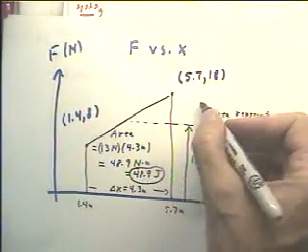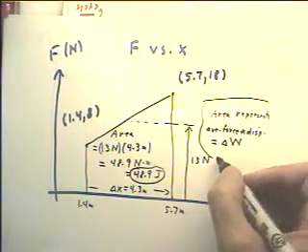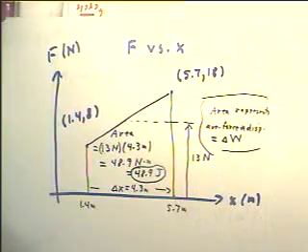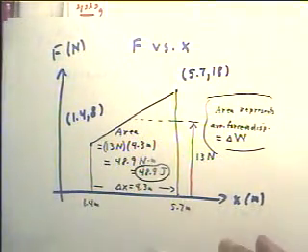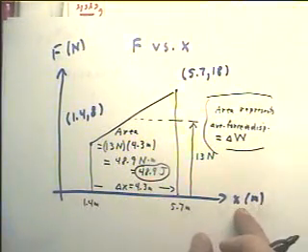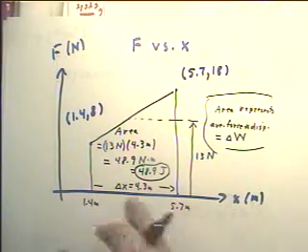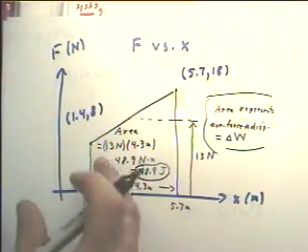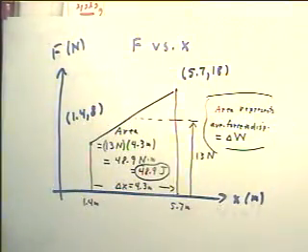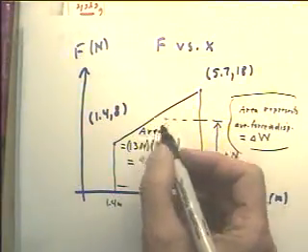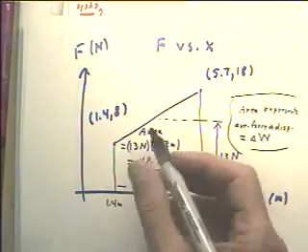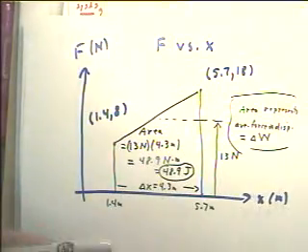Now there's an assumption, as we say here, that the force is in the direction of motion, or that the force is directed along the x-axis at least. So if the force is directed on the x-axis and the points represent force versus position, then this is our best estimate of the amount of work done, again assuming a linear force versus position